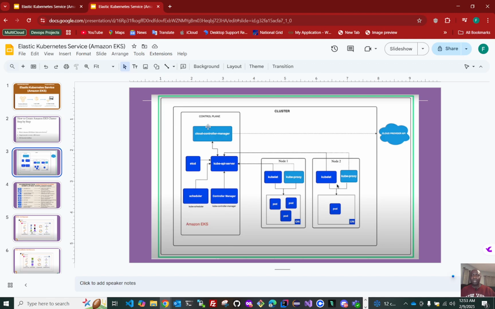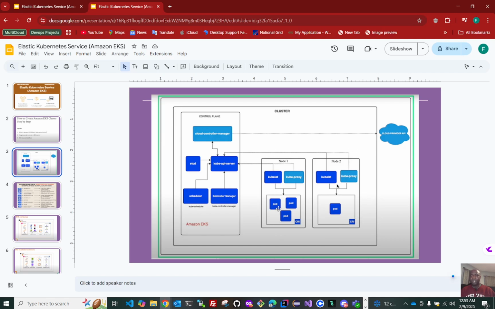So AWS will take care of everything you see inside this plane, from the scheduler to control manager to kube API to your etcd. Everything in this block will be managed by Amazon. While what you have here, your nodes, your kubelets are going to be managed by the customer or by